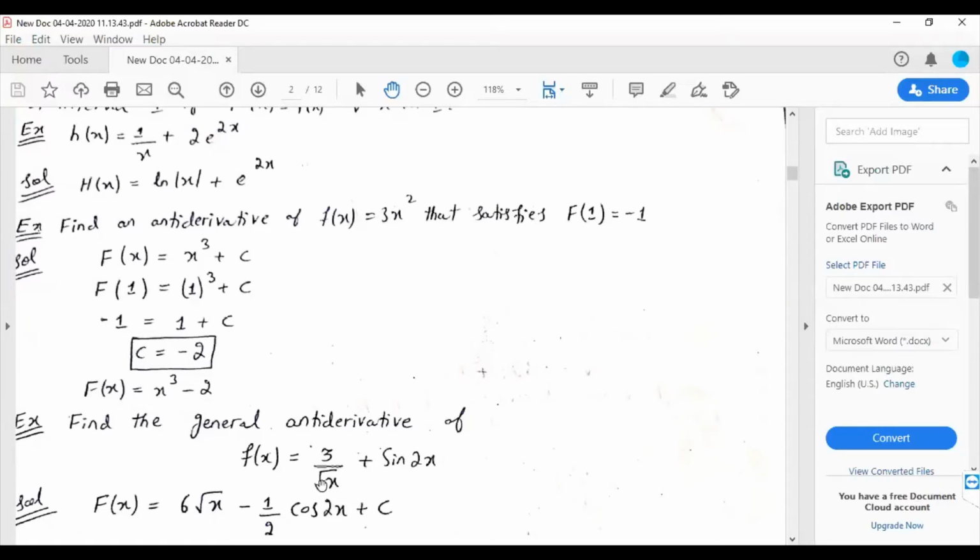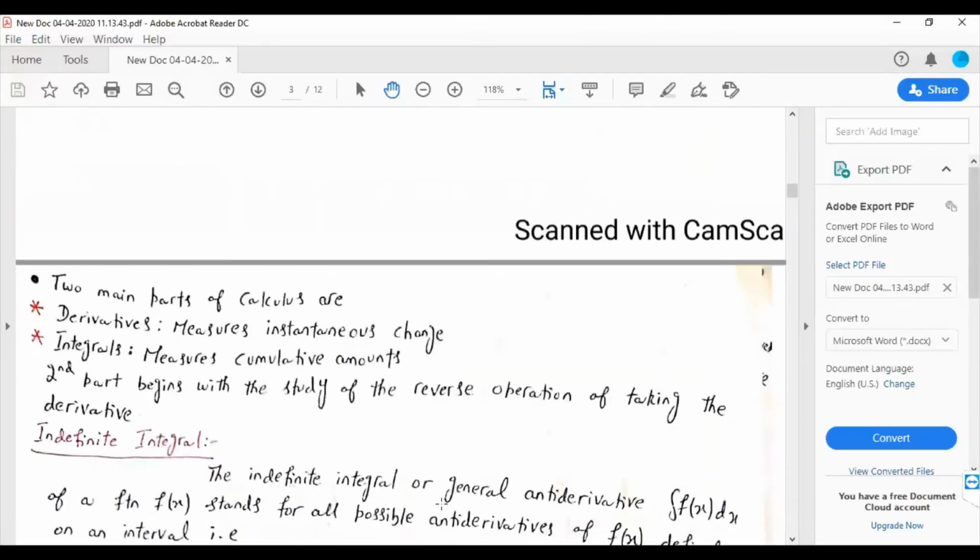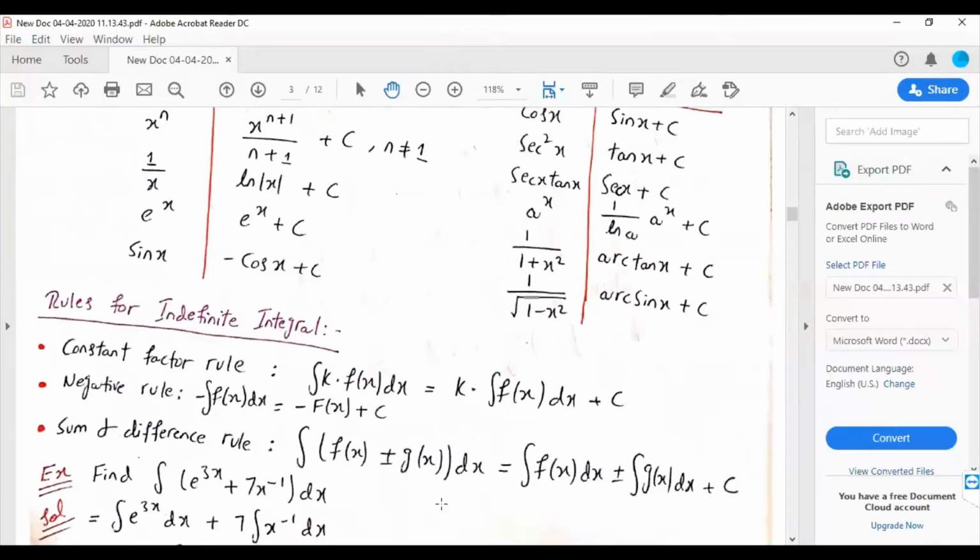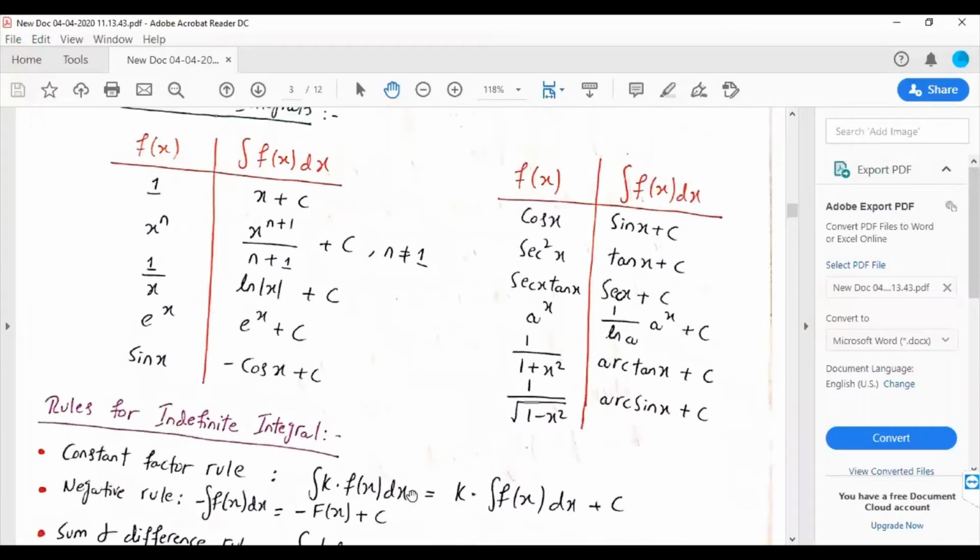Now here is another function whose antiderivative we have to find. The antiderivative of this general function is 6 under the radical x minus 1 by 2 cos of 2x plus c. So by working backward from assorted differentiation rules, we can derive formulas and rules for antiderivatives. So the rules of antiderivatives or indefinite integrals are here: